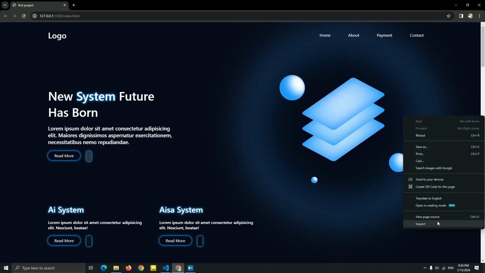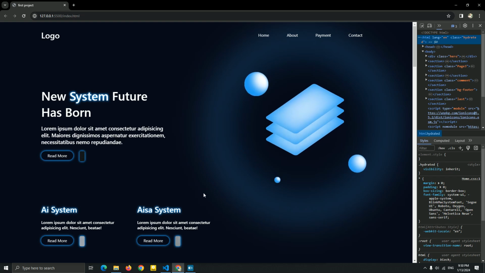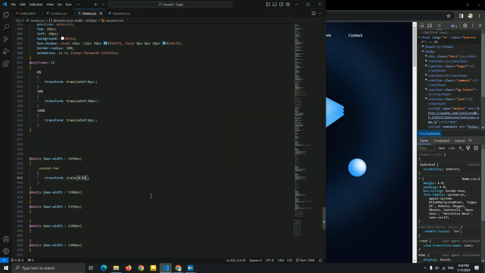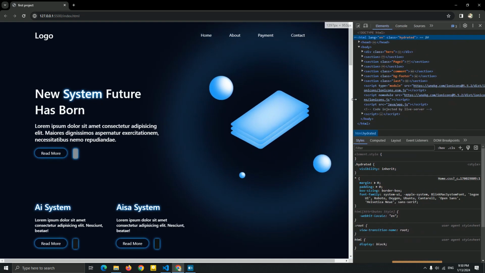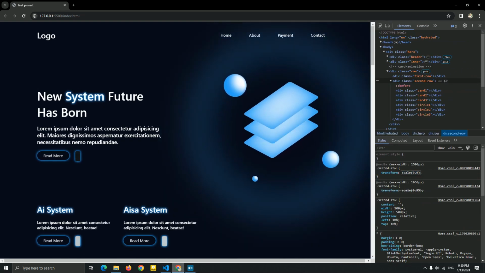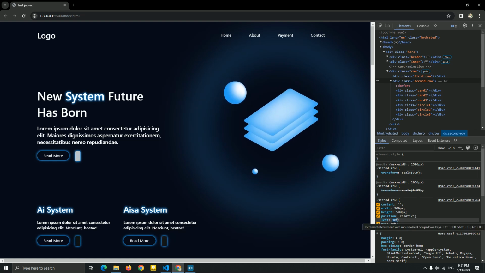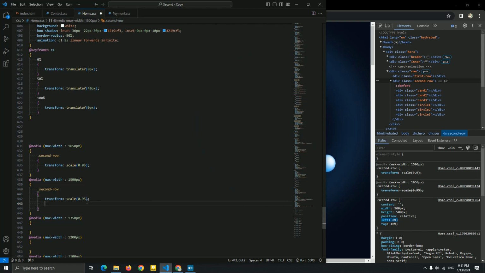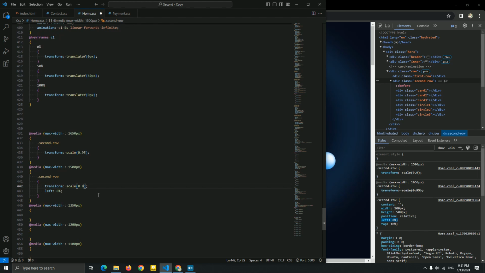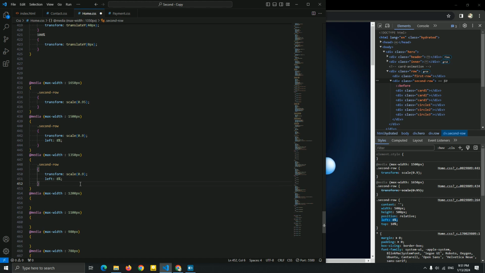Yep. Okay, now next one, let me see. I'm going to resize it even more. So for this I'm going to add this, and see what's going to happen. Okay, we just resized it, and let me add the left for this. Okay, this is good. Let me add it here, and let me remove this. Okay, it will be 0.9 for this scale. Next one, just copy this, paste it, and let it be 0.85.